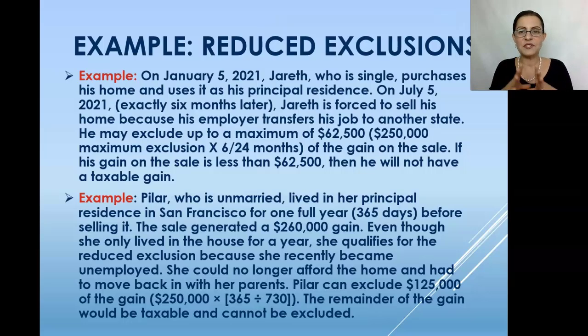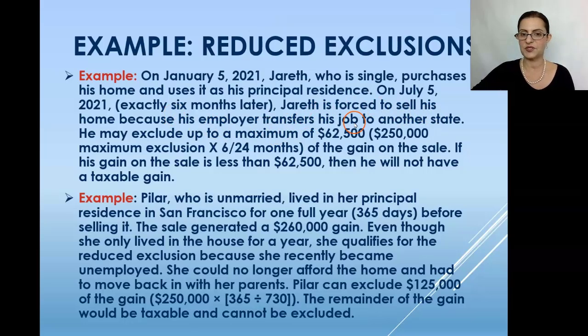And the amount of the reduced exclusion that they are allowed to take is going to be based on how long they actually owned or used the home. Okay, so let me give you some examples and I'm going to show you how the math works. So example number 1. On January 5th, 2021, Jareth, who is single, purchases his home and uses it as his principal residence. On July 5th, 2021, which is exactly 6 months later, Jareth is forced to sell his home because